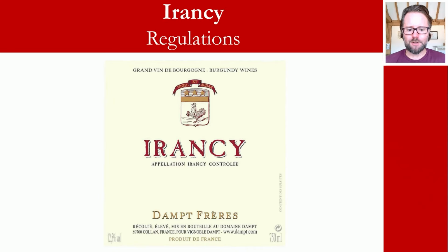Regulations of Irancy. Let's have a look at this. The appellation village of the Auxerrois wine growing region within the Yon department, on the label, the name of the climat from which the wine comes may appear immediately beneath the word Irancy that you see just here. So, this label we're showing you is a generic Irancy label. So, it says the name of the village, or it can come from any of the vineyards that were featured